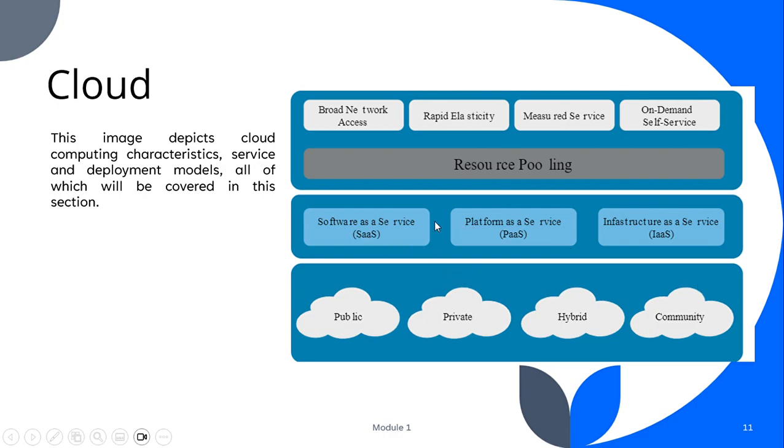And then we have the deployment models in the cloud, which are software as a service, platform as a service, and infrastructure as a service. So I gave us an example last week where I told us that the best way to explain software as a service is that the cloud service provider gives you everything, right from the infrastructure to the application you are going to use. The only thing you are going to bring in is your data for you to be able to use that